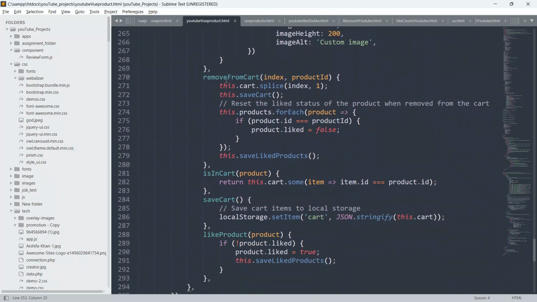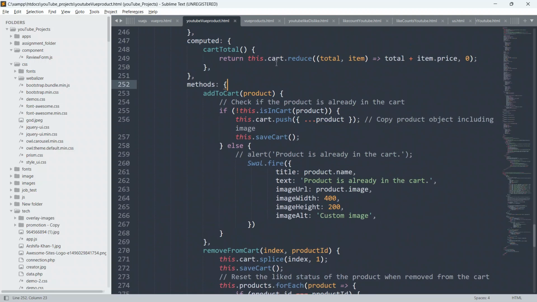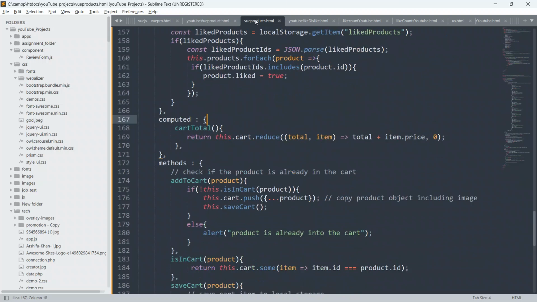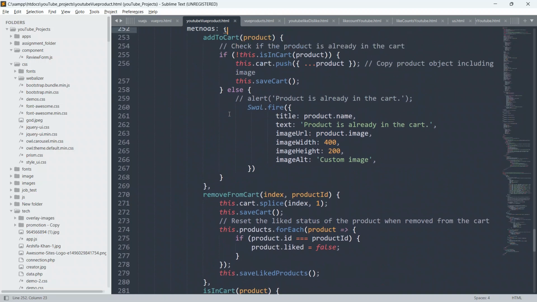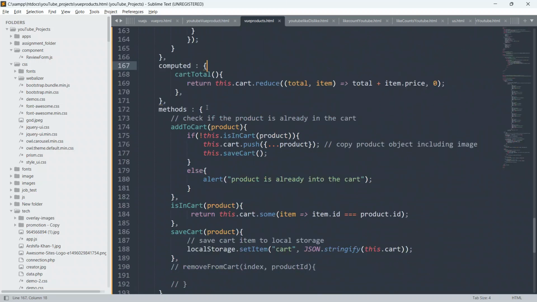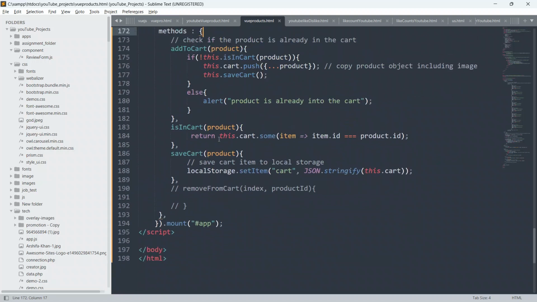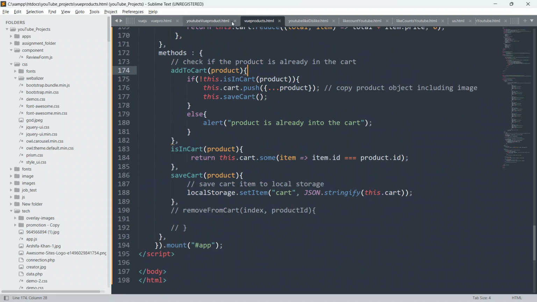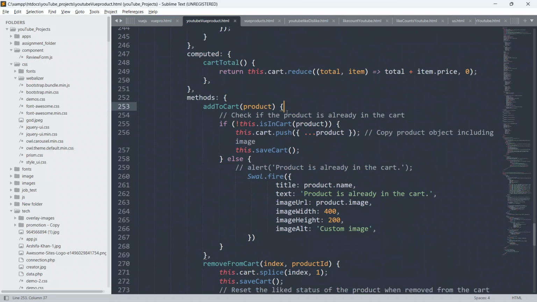Go to the methods, and inside the methods we have the addToCart.